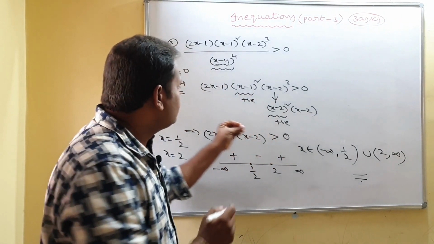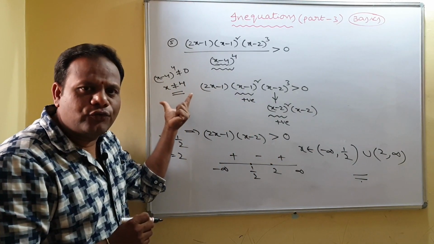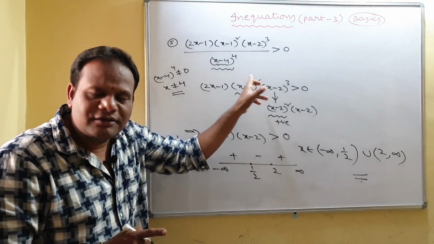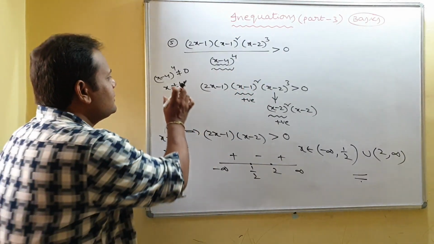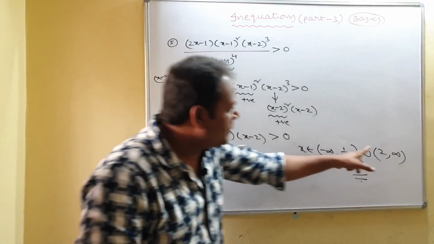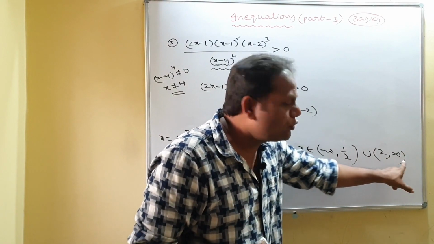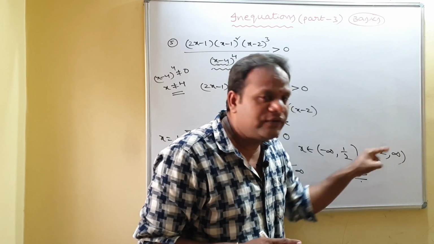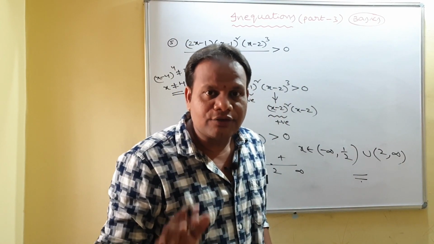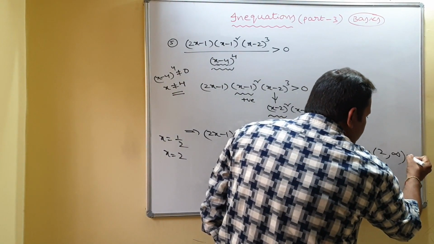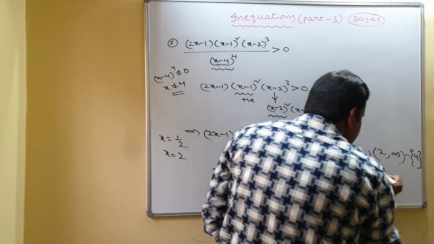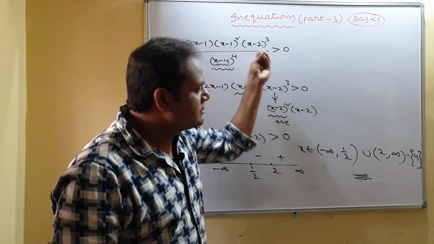But here we have taken x not equal to 4. Why? Because if x is 4, is it defined or not? No, it is not defined, because if x is 4, the denominator becomes 0. So x not equal to 4. But here you observe, it is from 2 to infinity. Between 2 to infinity, is 4 there? Yes, 4 is there, but we can't take 4. That is the reason you put minus singleton 4. So this is the solution set for this inequation.